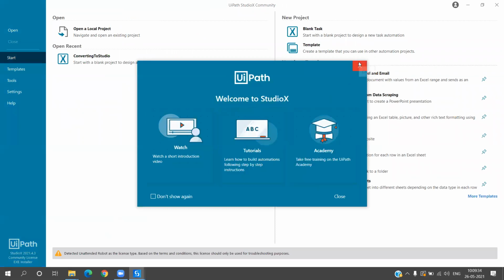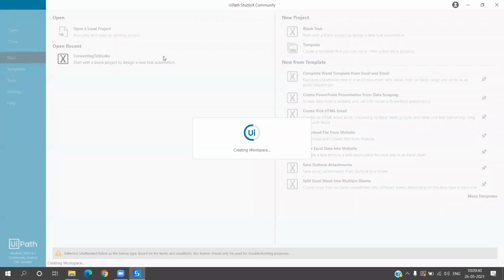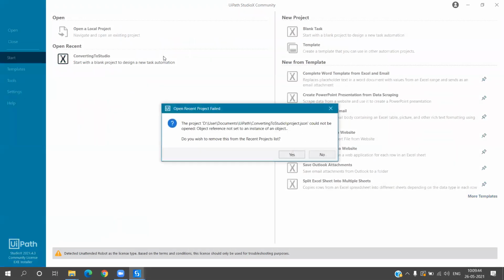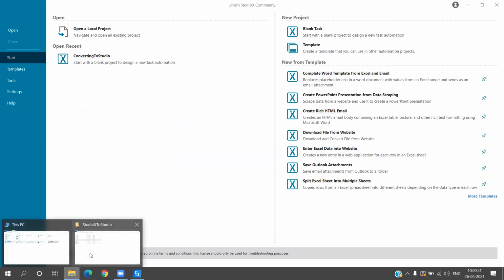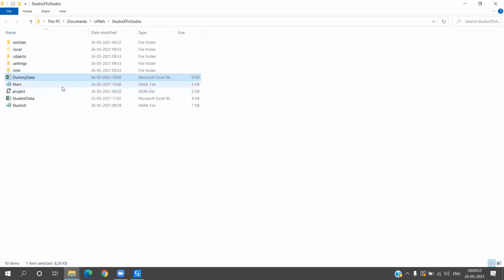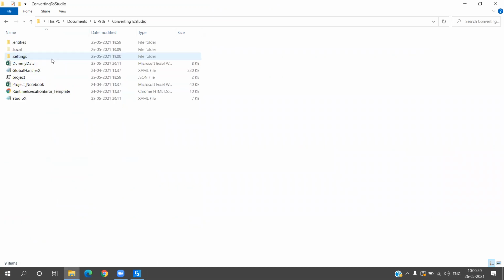Now over here, I've already built a simple blank task that is converting to Studio. Now let me show you the Studio X workflow that I have built. You cannot edit the variables or arguments over here. Okay, I have changed the file, right? Let me copy this Studio X copy and put it over here.